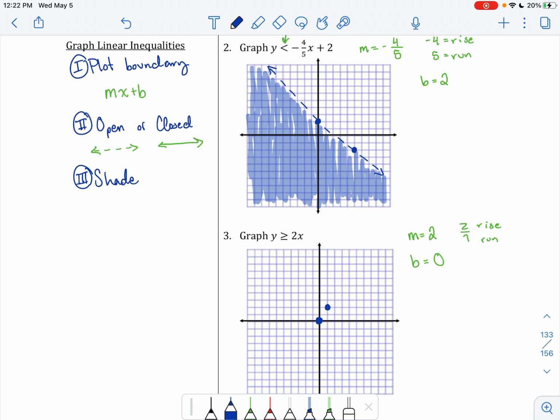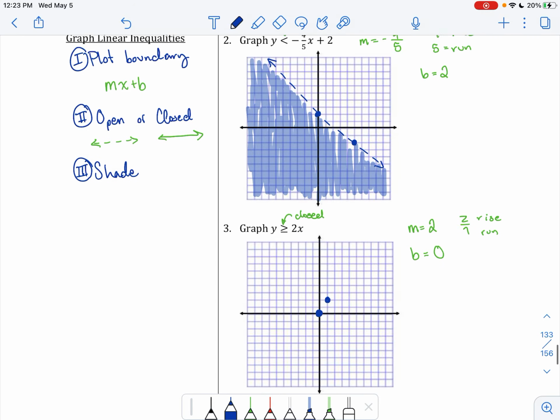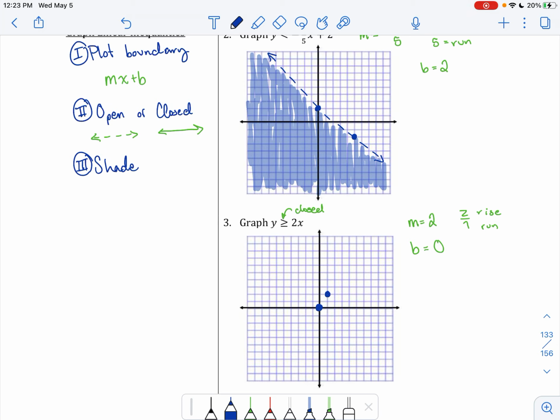So that's where our boundary is going to be. If I look at the inequality sign, this is a closed inequality sign. So that means I'm going to use the solid line here, so no dotted line. I find it really helpful with these ones to draw the line all the way from the edge of the graph. Takes a little bit of careful practice, but then it makes it really clear